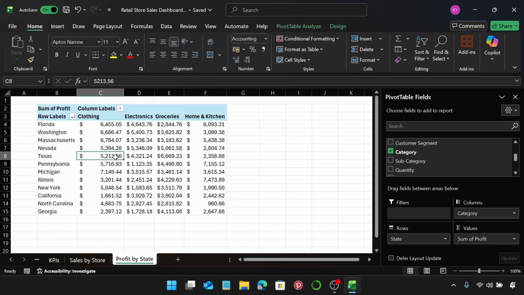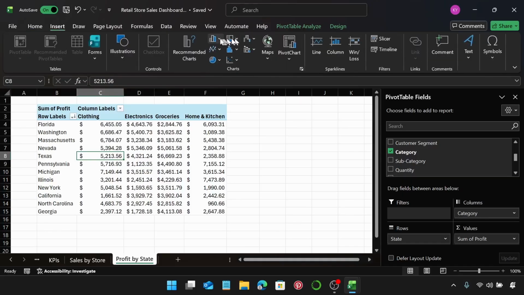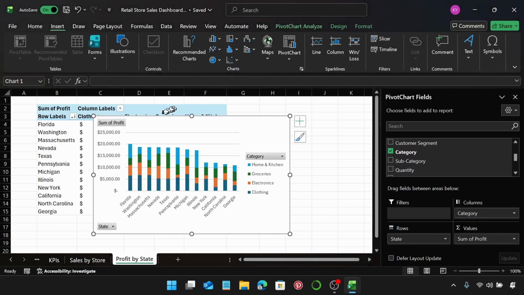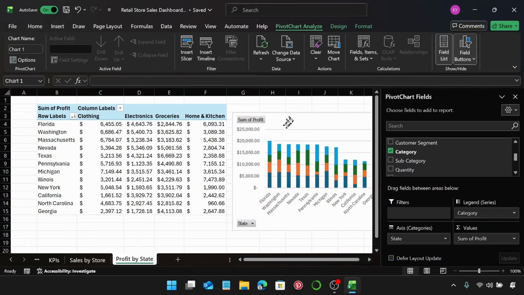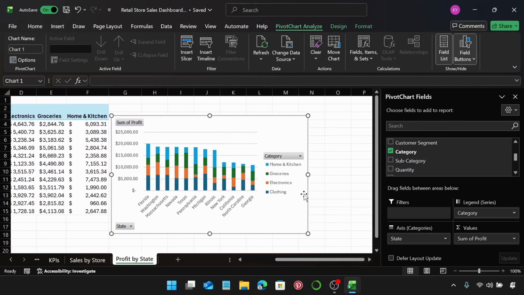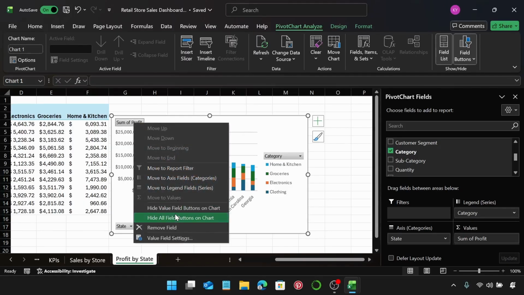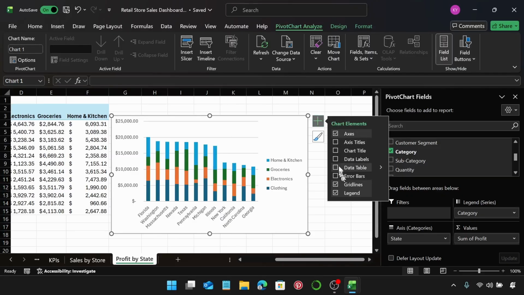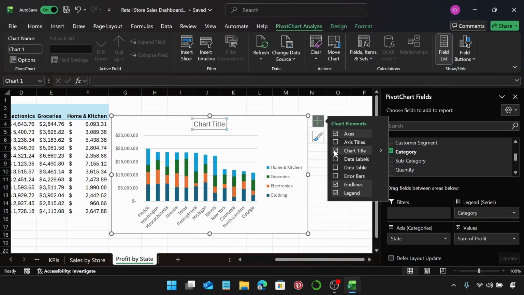Let's go ahead and plot our charts. So just select anywhere on your pivot table, insert, and I'm going to use this stacked column chart, not a clustered bar chart. Okay, let me bring this over here. Let's right click here, hide all field buttons on charts, go to chart elements here, and then we're going to select chart title